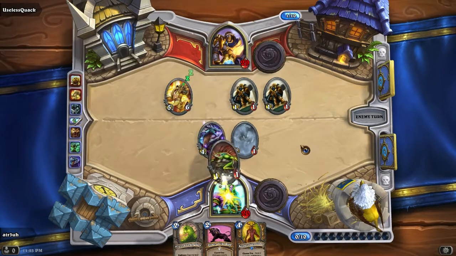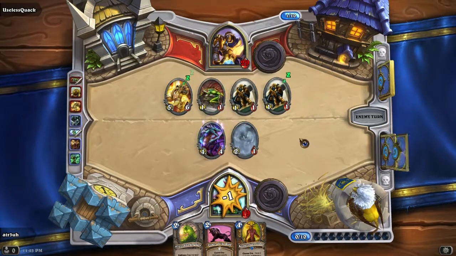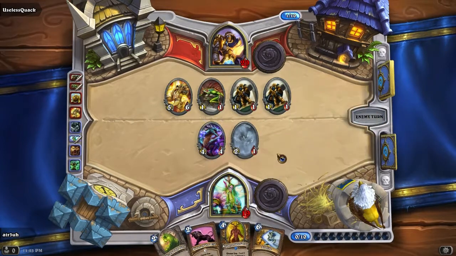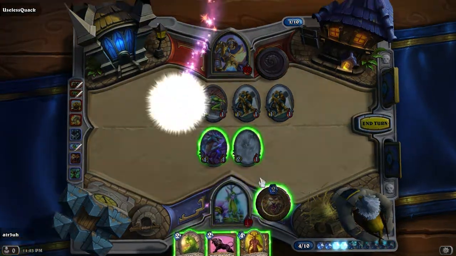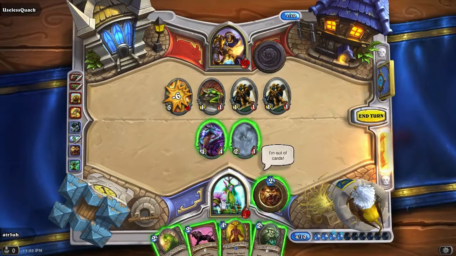Reporting for duty. So, goes for me. He's gonna try to rush me down. Almost out of cards. Starfire comes out, that is excellent, but that means I'm gonna start taking fatigue next turn, which is not good. I'm out of cards. Okay, so